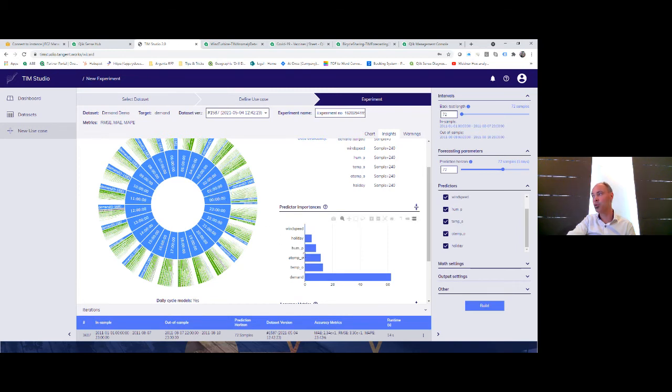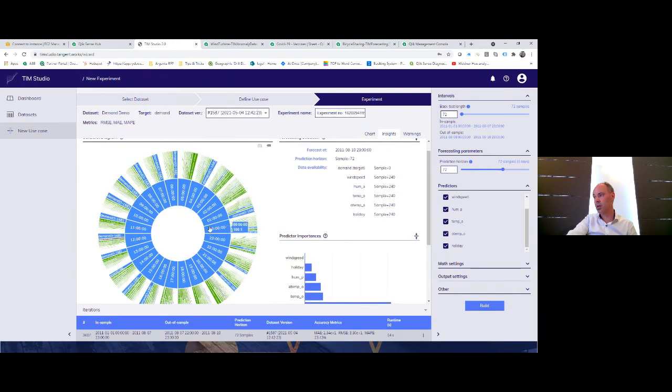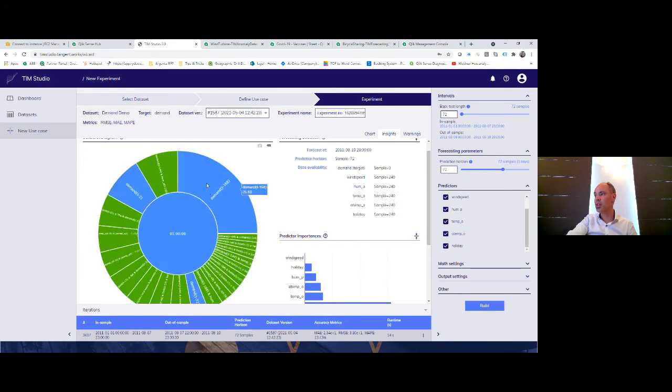So it might be that these importances are different during different hours. So for example, if I zoom in here to 1 hour, then we see that it took for 25% the demand of 168 timestamps back, while the same demand 2 timestamps back counted for 8%. And you still have a lot of other things like day of week, holidays, and of course, the more predictors you have in your data, the more accurate your forecast can be.